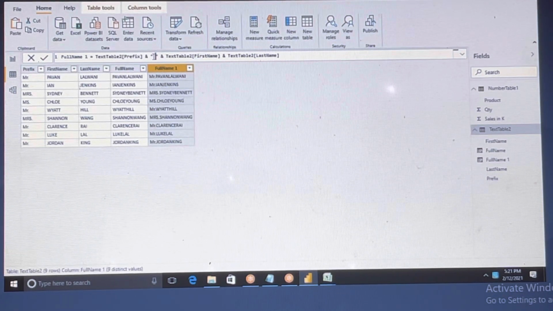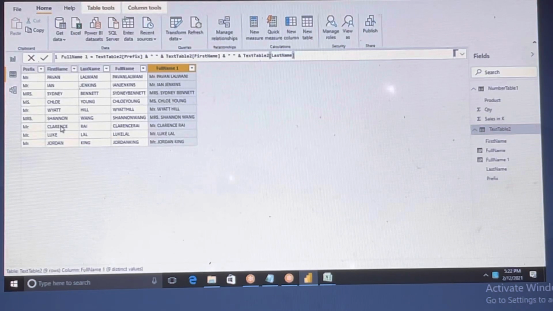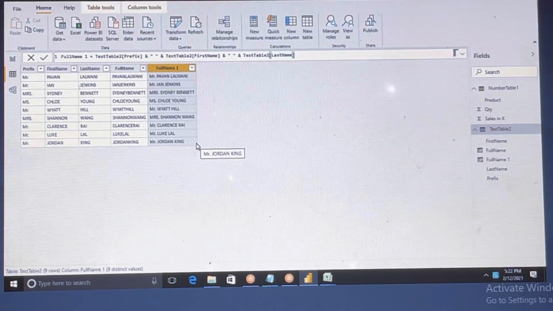However, we are using some expressions when we are working on SSIS, SSRS. We have written some functions, right? Expressions, right? You can use it in a similar way. First prefix, ampersand, and what is the blank space we are giving, and again ampersand and first name, again ampersand, like this we can use. Now you can get the space, right? There is a space, right? So like that you can use concatenation functions.